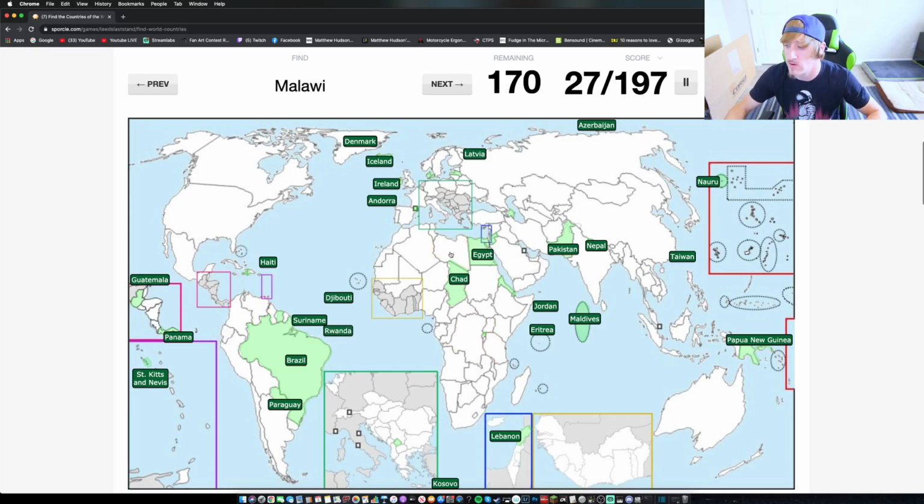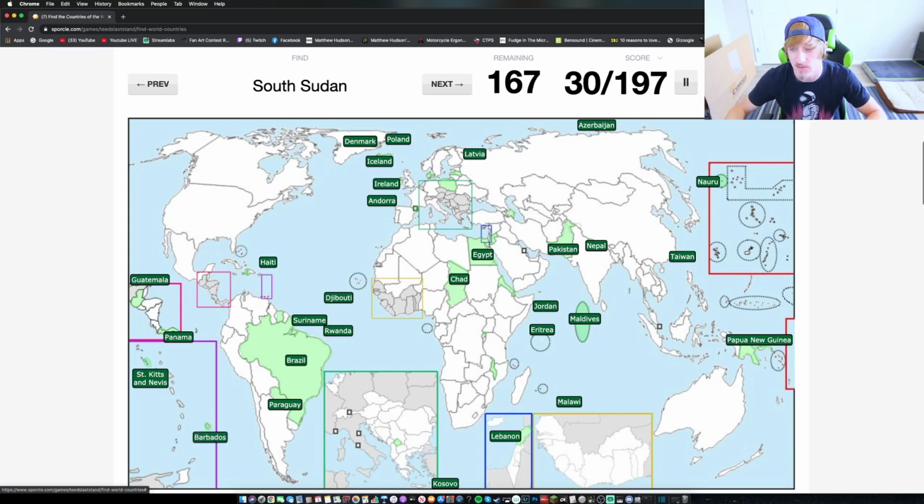Rwanda, these two little countries in the middle of Africa, it's the top one. Burundi is the one below it. Malawi is this country here, looks like a lightning bolt. Poland is right up here next to Germany. Barbados, over here in this purple box again, is this right one all by itself. South Sudan, come underneath Egypt, that's Sudan. The one below that is South Sudan. Ethiopia, right next to South Sudan.